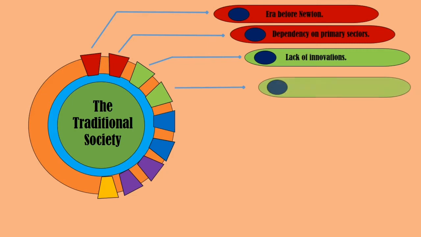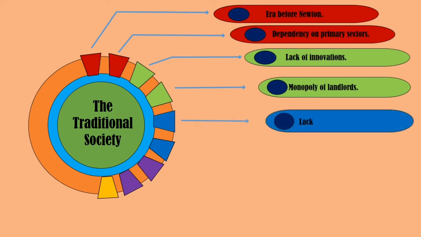The economy was a monopoly of the landlords. These landlords administered areas in the society. In short, there was a lack of industrialization, in which infrastructure facilities were lacking, and